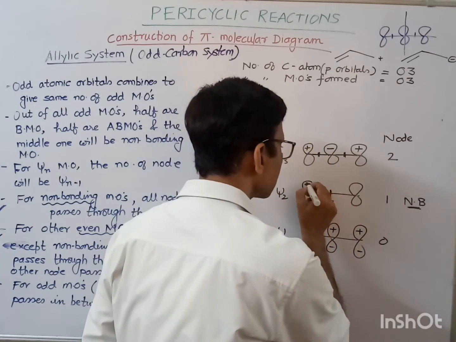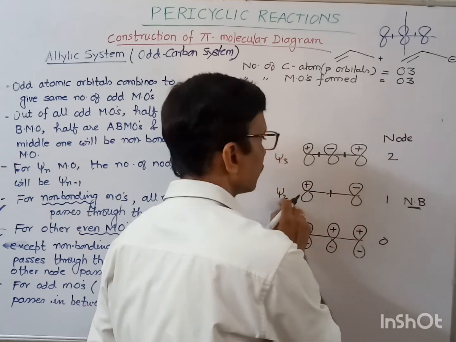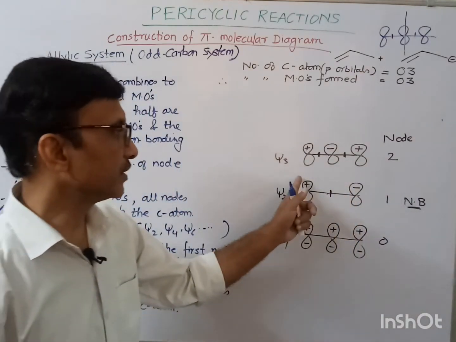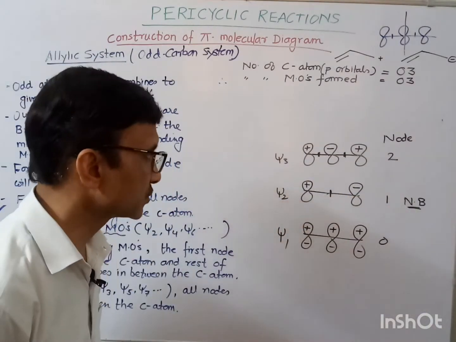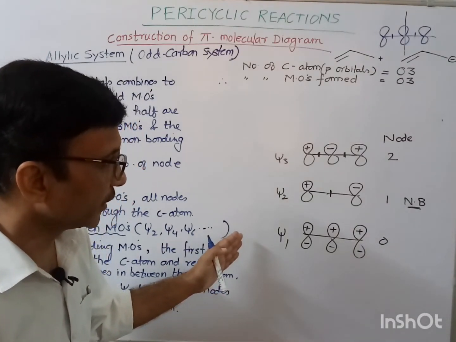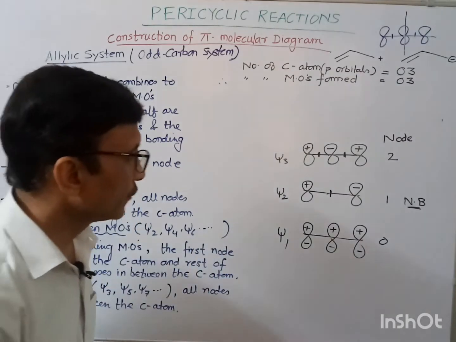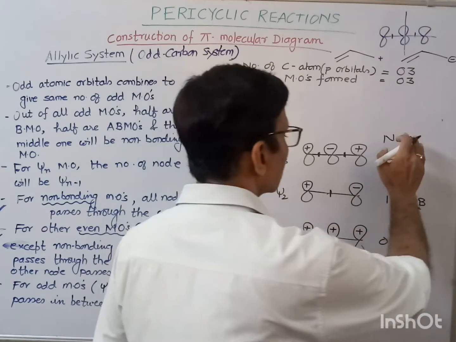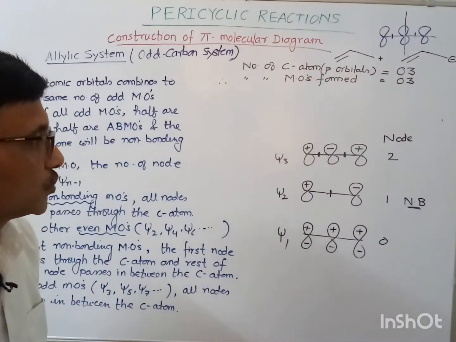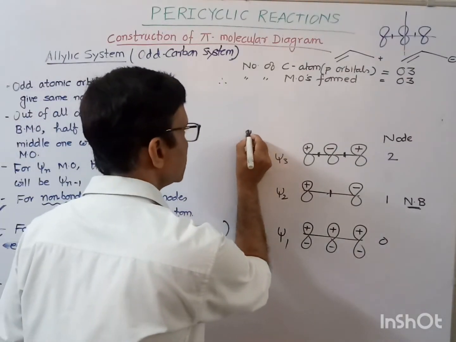So this is plus and this would be minus. Even molecular orbitals, what I told you, the end orbital should have the opposite sign. One is plus and another is minus. So like this we can draw for this one. Okay, now if you will see, these are the nodes, and if we want to see the symmetry in this orbital, okay, so sigma symmetry,